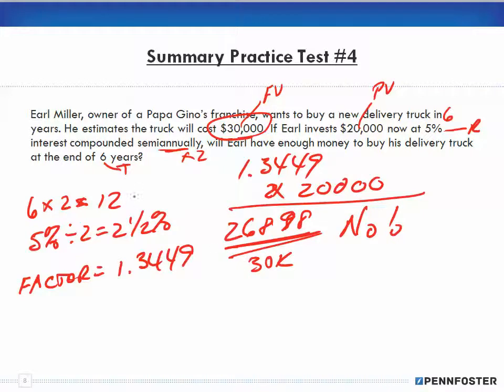Okay. Now, this could have been done 2 different ways. We just did taking the present value and going forward. Well, we could have also looked at the future value. If we looked at the future value table, we would have had a factor of 0.7436. And if we multiplied that by the $30,000,